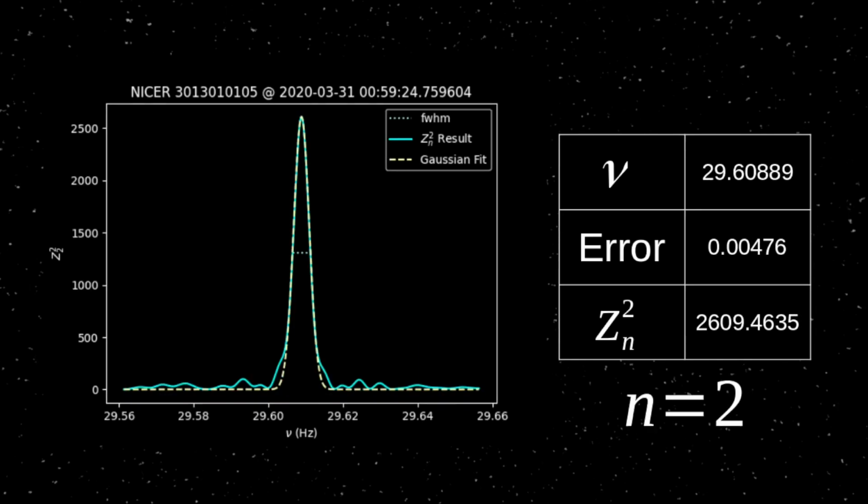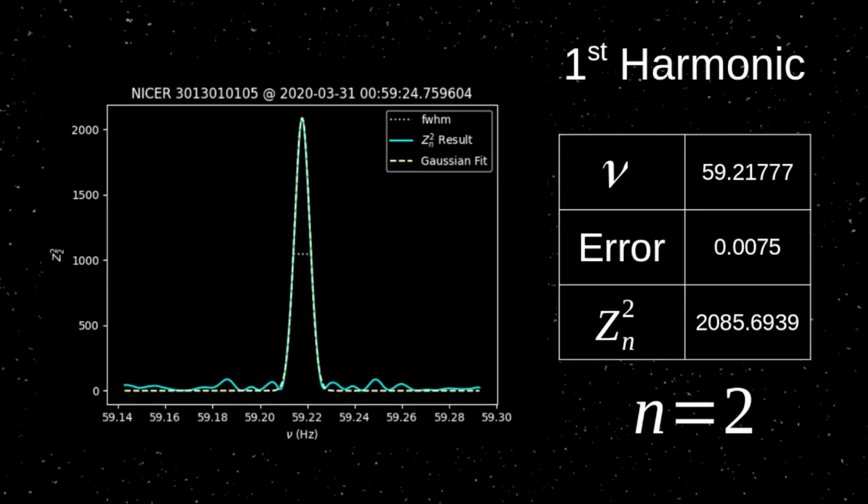Here you can see we have, again, better error bars from what we got originally for this signal, but now we have a magnitude, or z2 squared value, of 2,609. That is larger than what we got before. So now this first harmonic is not the dominating frequency any longer. And if we continue,